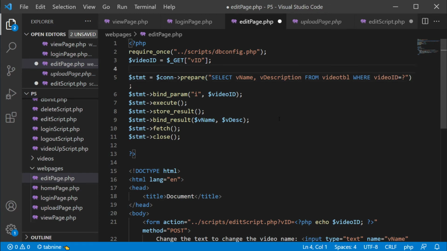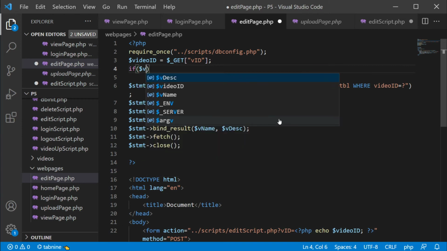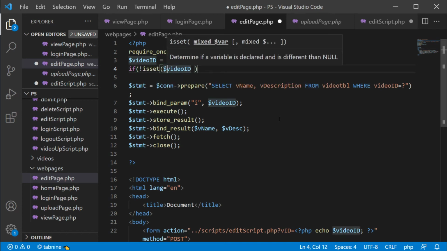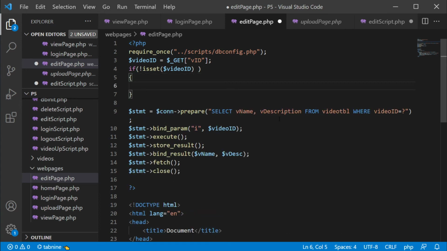So what you could do is have an if statement saying if video ID is not set or is null. So we check to see if the video ID is set. If it's not set, so the exclamation mark means it's not set, then you can say